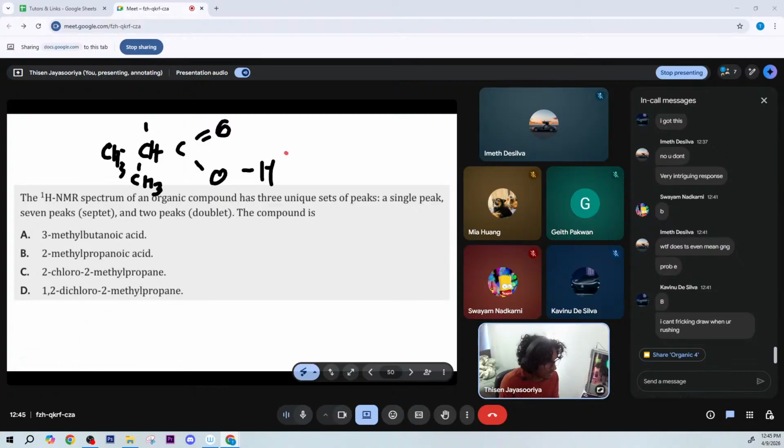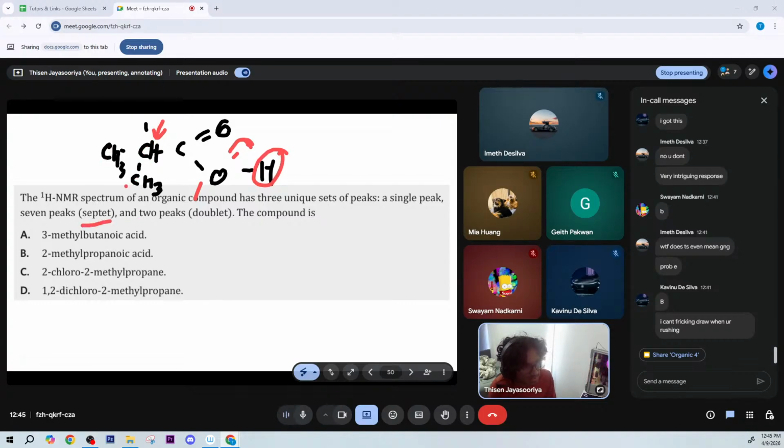This one here is going to have a singlet, yeah? It's going to be a single peak. The reason this one's going to be a single peak is because it's bonded to an oxygen, yeah? And the oxygen doesn't have any hydrogens on it, or, like, the carbon doesn't have any adjacent hydrogens on it, yeah? This one over here, H, is going to make up the septet because its carbon is bonded